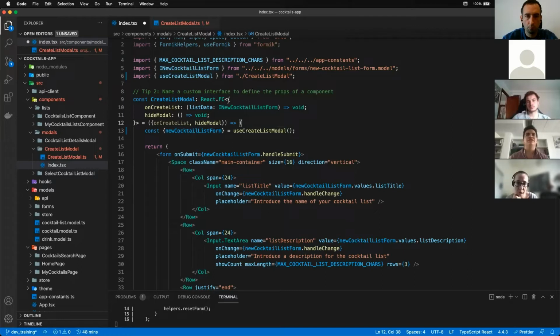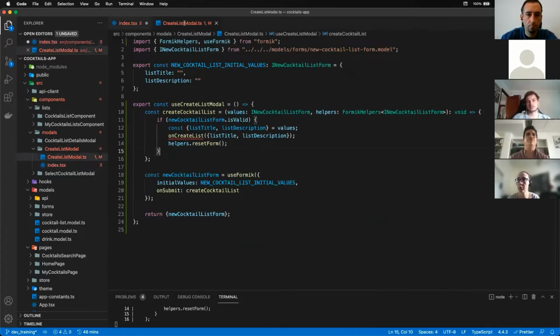And to start with this, I will go with tip number 2. Since we are using TypeScript, it's important to create a custom interface to define the properties that a component will receive. I mean, like in a method, defining which information our component needs to have as an input. In this case it's this, but we are defining it here, which looks kind of ugly. So I'm going to remove it from here. And in this other file, which is intended for interfaces, for constants, as you see here, and for custom logic regarding that specific component only,